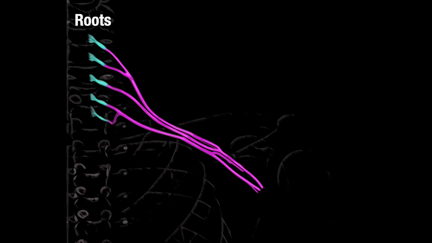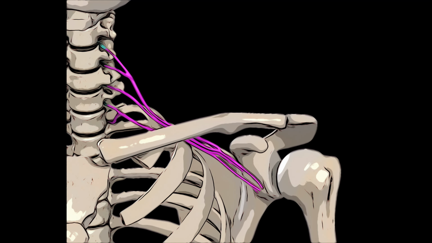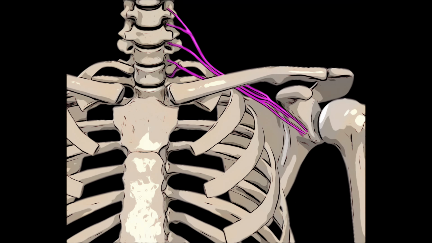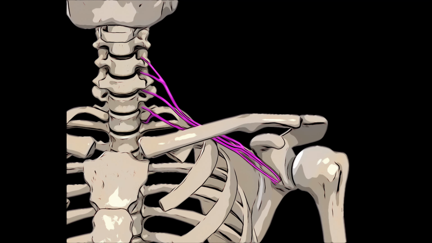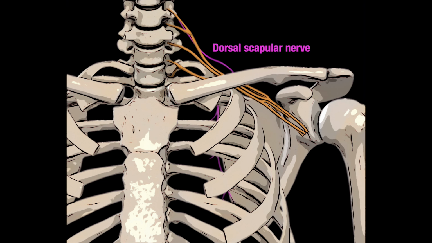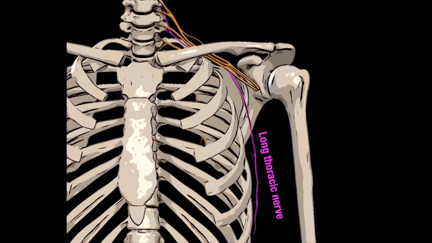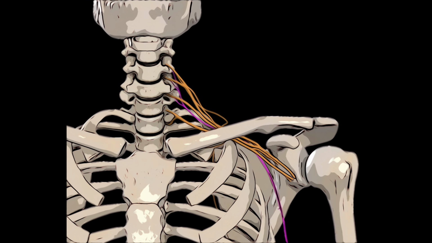There are 5 roots which correspond to the spinal segment origins of the brachial plexus. These are essentially the anterior rami of the 5th cervical through 1st thoracic spinal nerves. Typically, 3 nerves emerge from the brachial plexus at the level of the roots: the dorsal scapular nerve, which arises from C5, the long thoracic nerve, which arises from C5, 6, and 7, and the subclavian nerve, which arises from